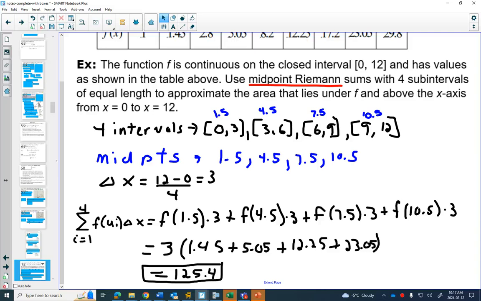We get 125.4. So if you wanted, you could draw out those points, draw the rectangles, get an idea